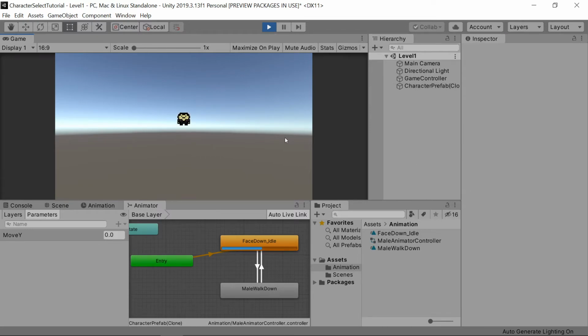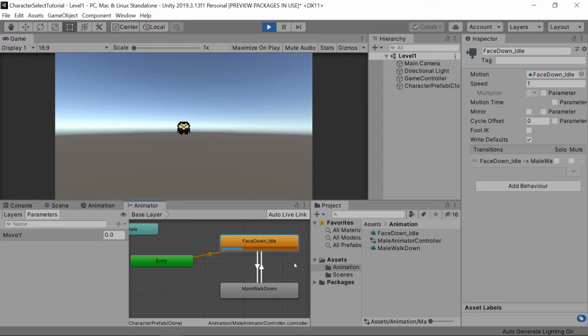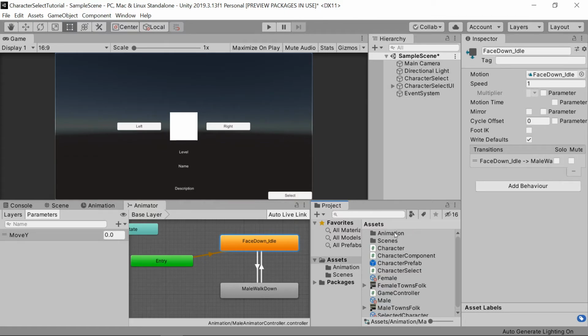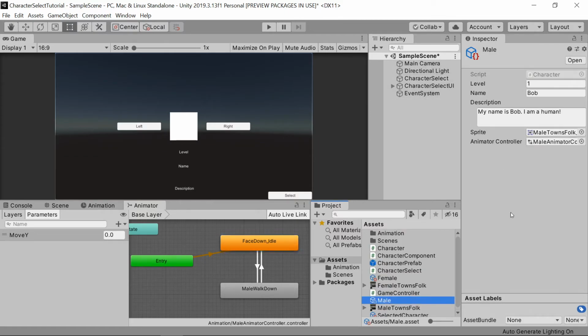Now if you press up and down, look at how he moves. Okay, you can't move left or right, but you can move up or down. But we're not changing animations yet. And why are we not changing animations yet? Because we haven't said so in code. So first of all, let's go into here, and inside of our male prefab,